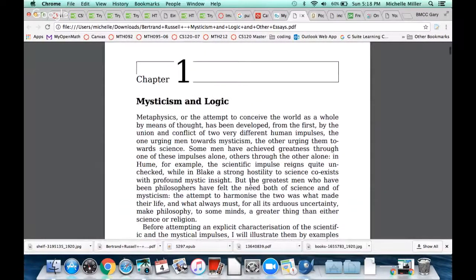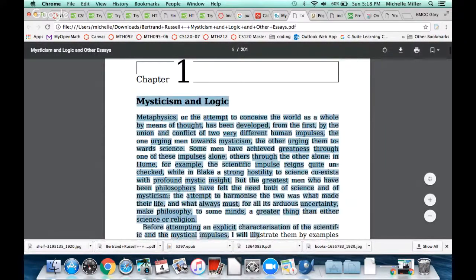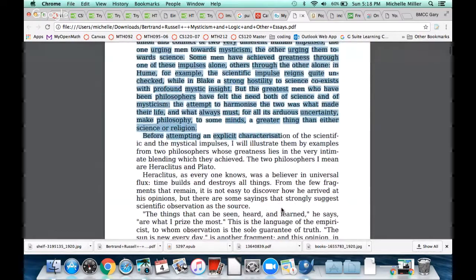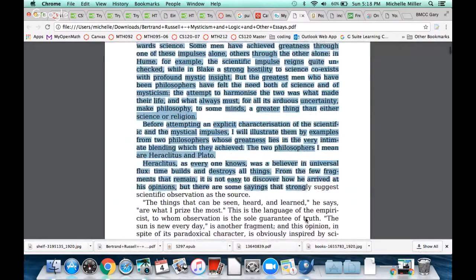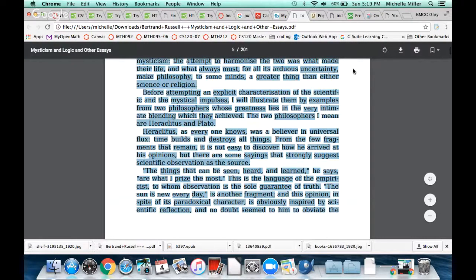Okay, so chapter 1 is mysticism and logic, and so I'm just going to highlight and copy. I mentioned this before. I think things don't always copy from one program to another very well. So here I'm trying to get it from a PDF into a web page. So highlight, copy,